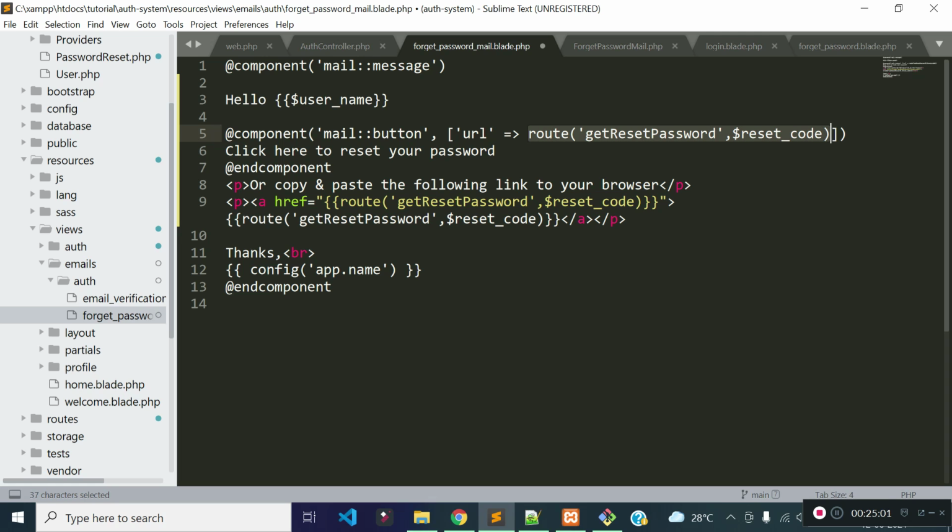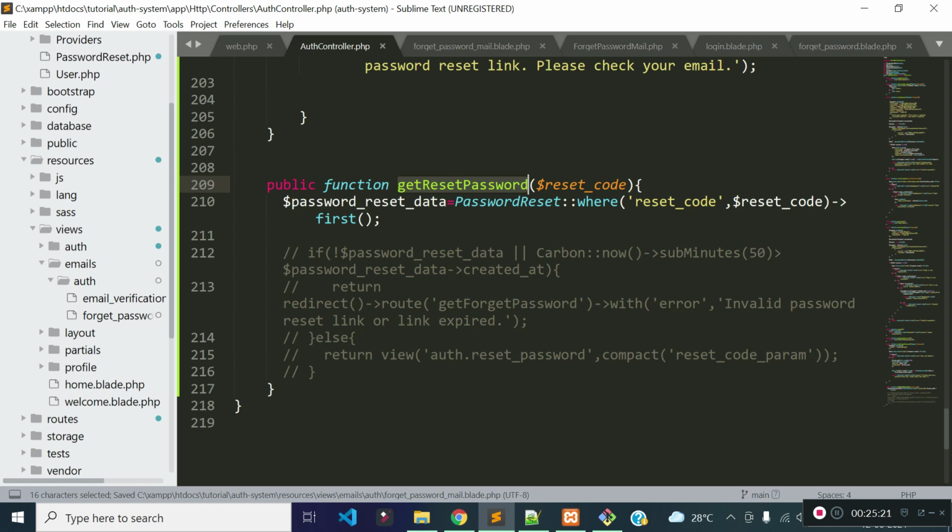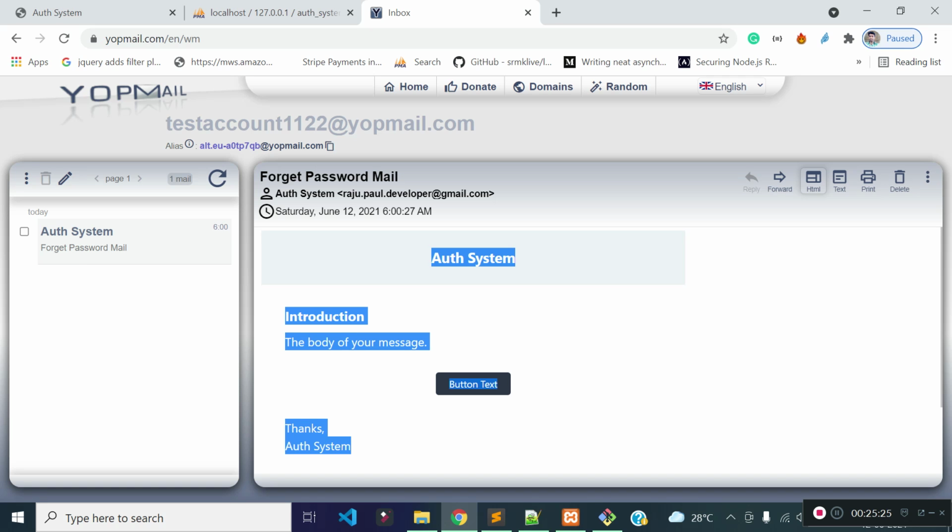Okay, it will generate the URL for the reset password page, and we are also pasting the route reset password link here so that the user can copy and paste this URL to the browser to go to the reset password page. Now save this file and try to reset the password again.